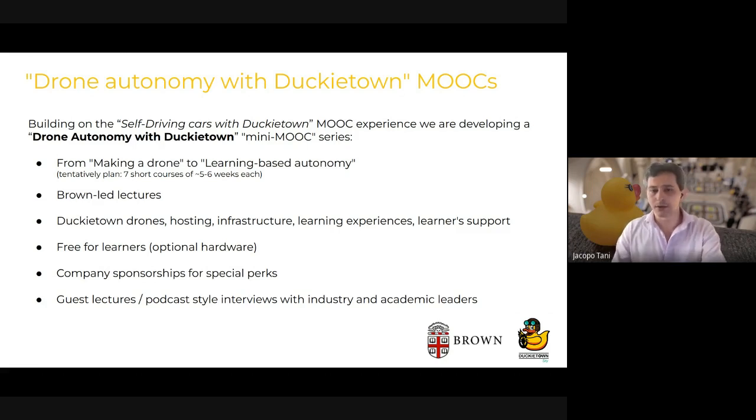The idea is always to have the course to be free for all people involved, but to engage as much as possible academic and industry leaders to bring their perspective, both in terms of technical expertise, and in terms of providing an overview of what is the state of drone autonomy in the real world for real world applications.